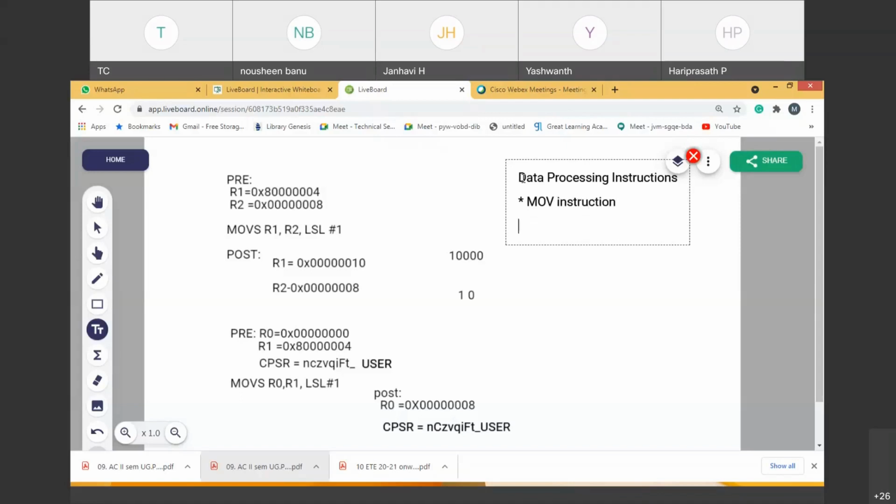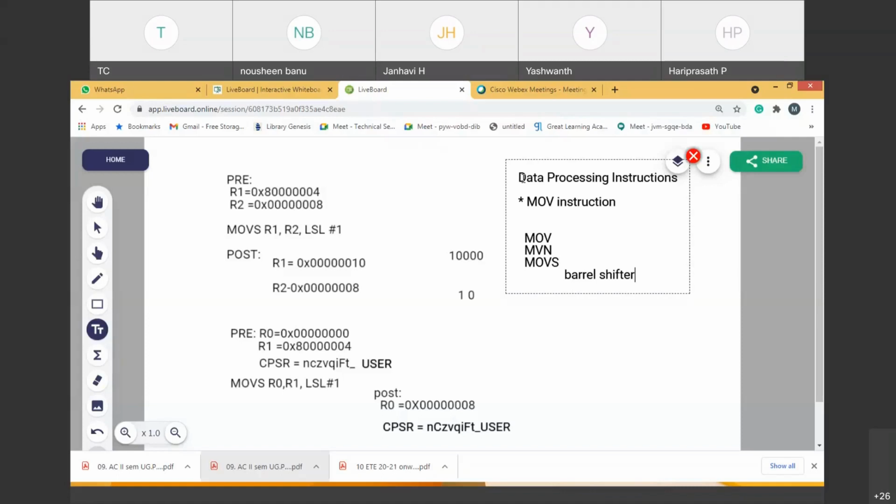Please understand what we have seen: the move instruction, move with negate, and then an example with move S. Please see these three instructions we have seen. This move S is also associated with shift operators from the barrel shifter. The barrel shifter is another component associated with the ALU. It does some operation on the incoming value before it is given to the ALU.